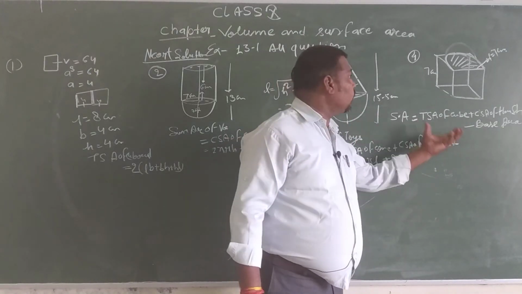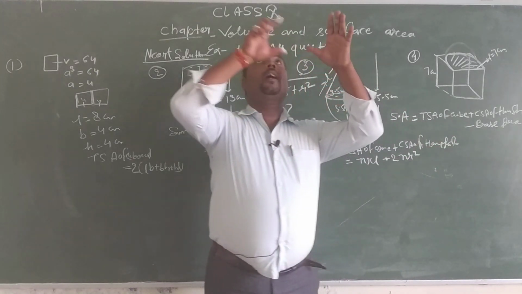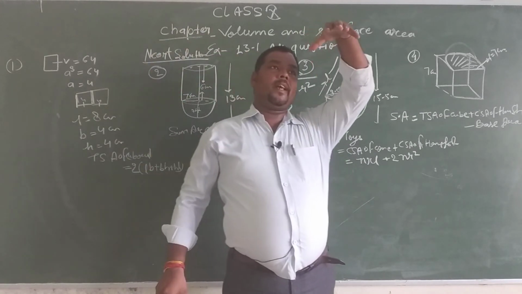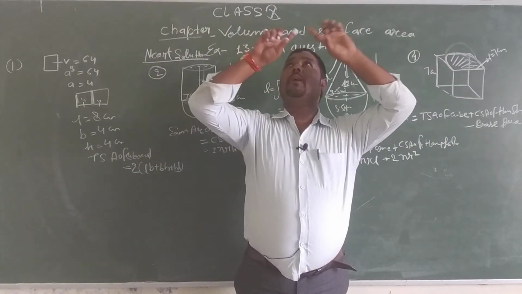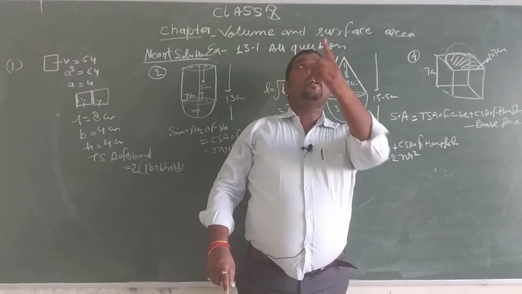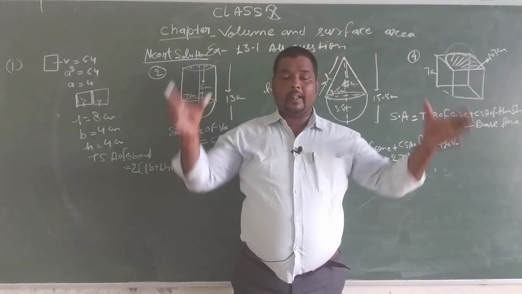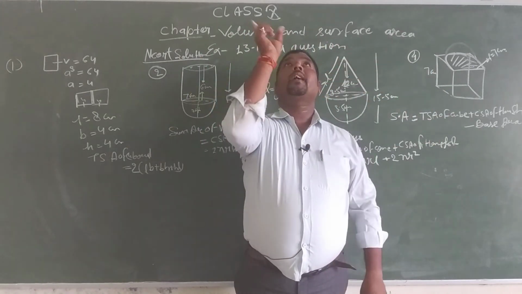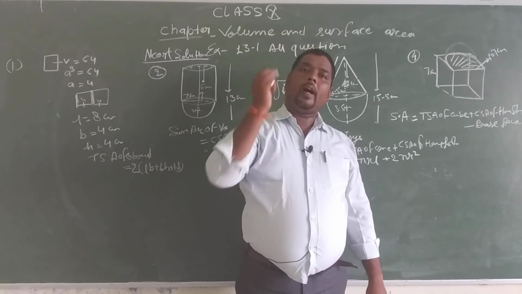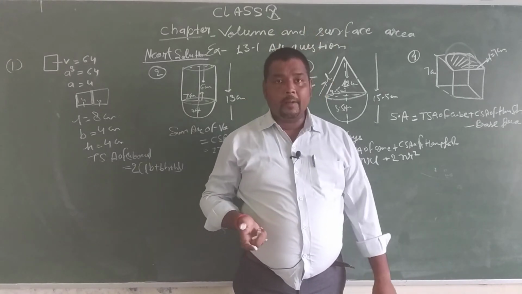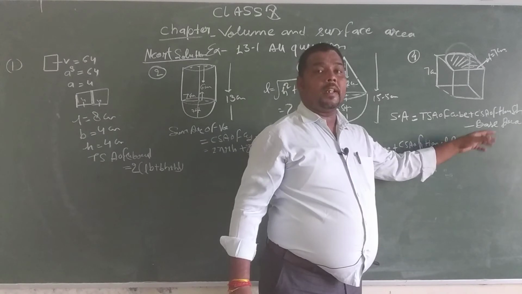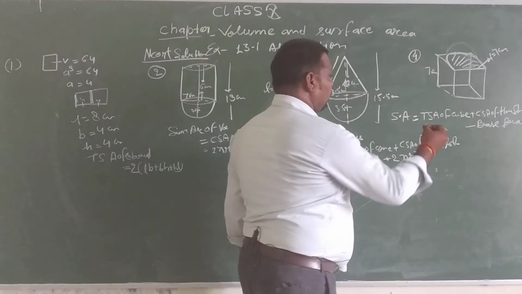हम लोग बेस एरिया क्यों लगाएं? एक क्यूबिकल ब्लॉक है, एक छत है, जब उसमें एक हेमिस्फीयर रखा जाएगा तो कुछ पोर्शन हमारा बाकी रह जाएगा ना, और हेमिस्फीयर जहां रखा जाएगा, जैसे गुंबद है, उसमें अगर हेमिस्फीयर हमारा रखा जाएगा तो उसका छत जो है वहां का हटाना पड़ेगा, वरना गुंबद तो दिखेगा ही नहीं। इसलिए हमें क्या करना होगा? बेस एरिया लेस करना होगा। तो फॉर्मूला हमारा क्या होगा?